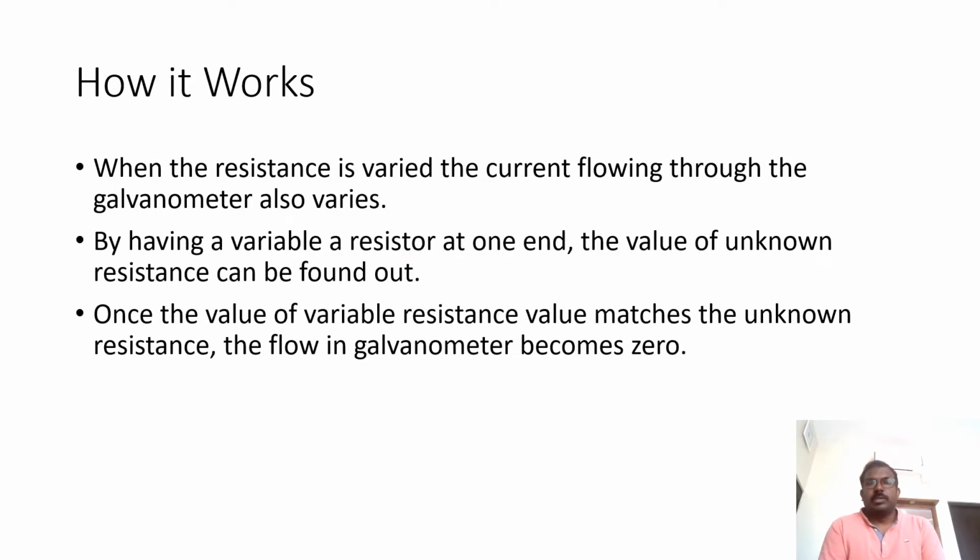You have a variable resistance at one end and an unknown resistance at the other. So when the value of the variable resistance is varied, the current flowing through is also varied. When both the resistance ratios become equal, the galvanometer reading becomes zero, thereby giving the value of the